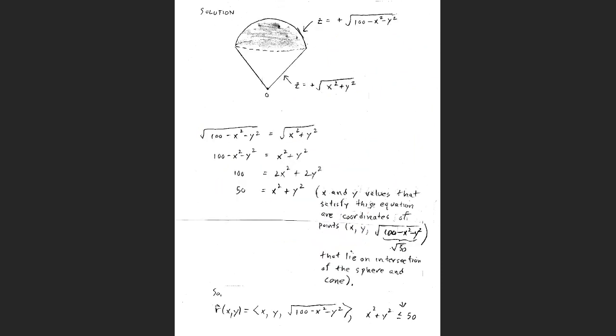Okay, well, let's move forward then. I've drawn a picture here. Here's the cone right here, and then the sphere. The sphere, of course, was x squared plus y squared plus z squared equals 100, but z equals positive square root of 100 minus x squared minus y squared would represent the part of the sphere